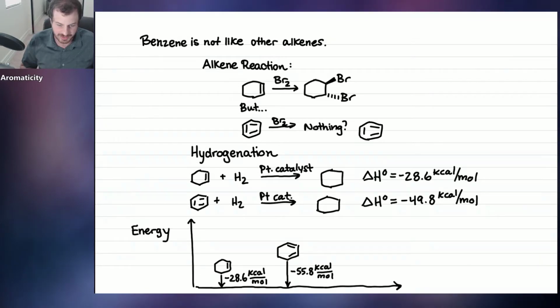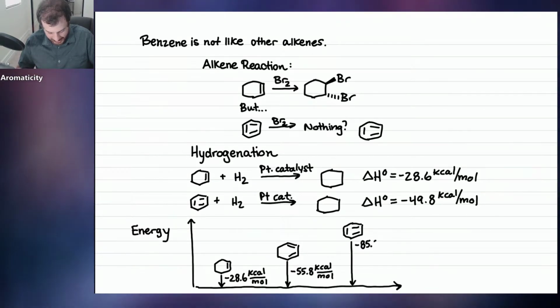You don't have to memorize these numbers or anything. I'm just trying to show you something cool that they saw about benzene. Before they did the benzene, they predicted, based on this trend, that the energy difference would be negative 85.8 kcals per mole. And this was just predicted, based on this trend they saw: for each double bond they add, it seems to go up by about 30.